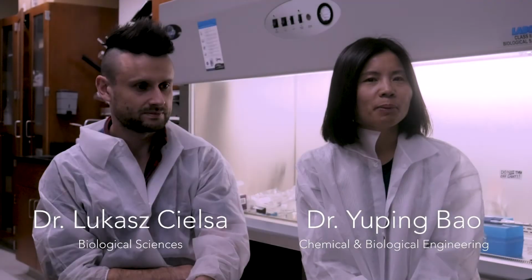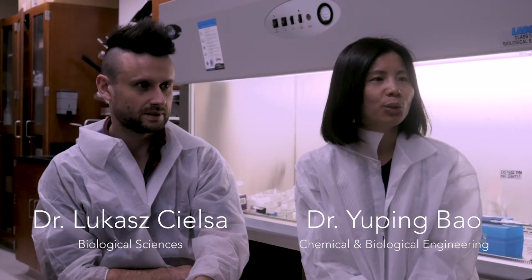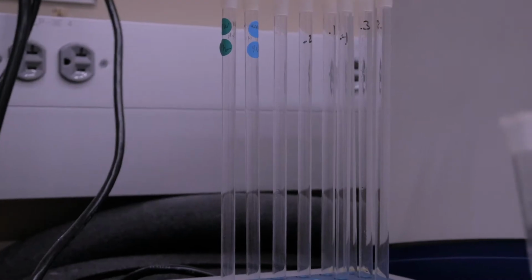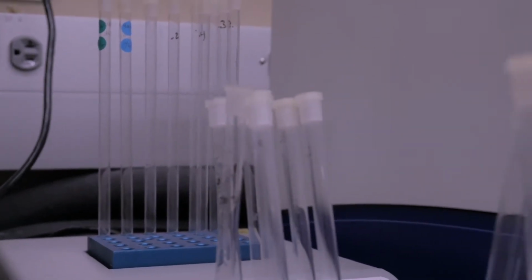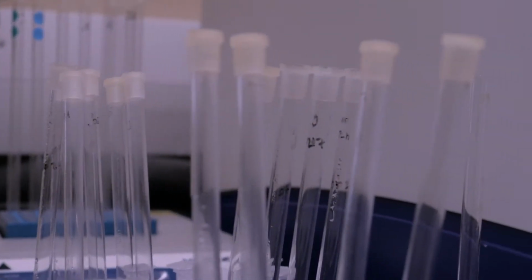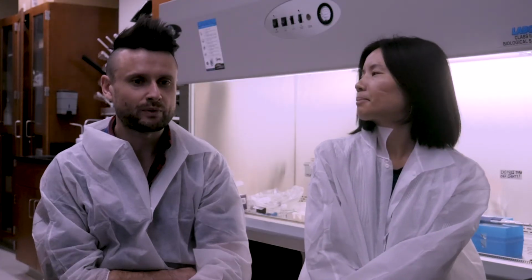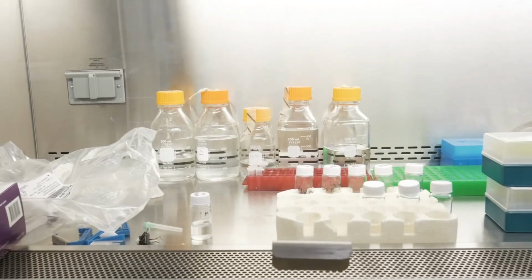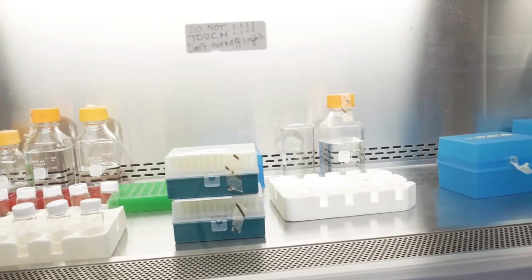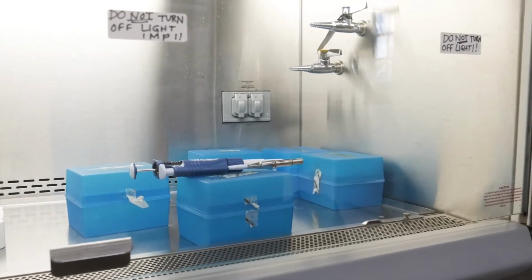And my research is mainly in the nanomedicine field, which is applying nanotechnology to address medical problems. So most recently, what we have been working on is using magnetic nanoparticles for bioimaging, drug delivery, and drug screening. And what we are doing in my lab, we are trying to find new drugs using innovative technologies, and we are screening very complex samples for the presence of possible drug leads that can be used in the prevention or